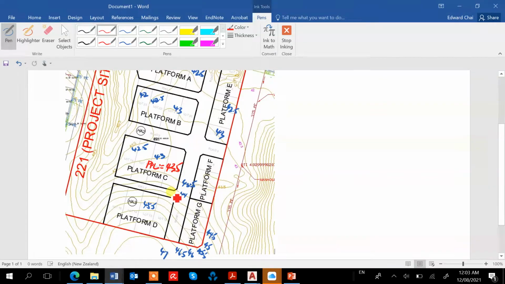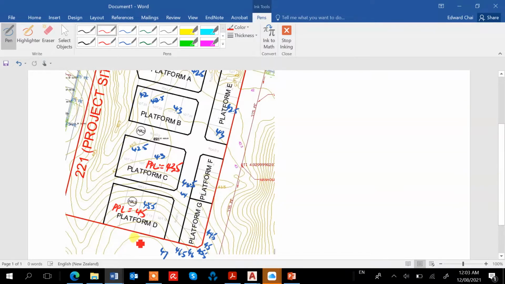We could use that. If we maintain the difference between these two, we could use 45.5 or 45. Okay, let's say this proposed platform level could be 45. So that means that this drop,